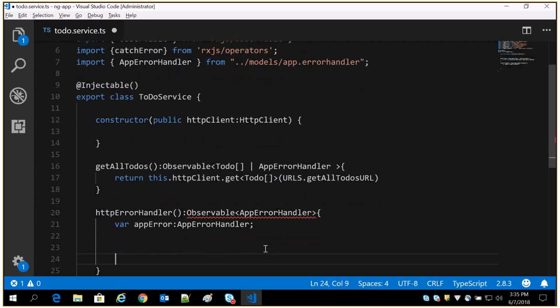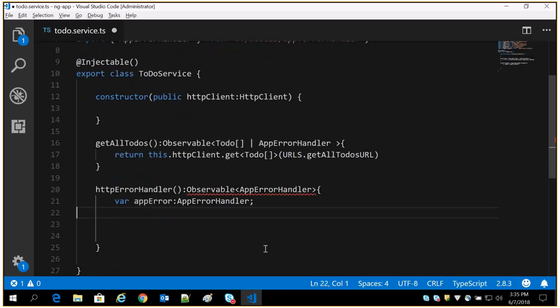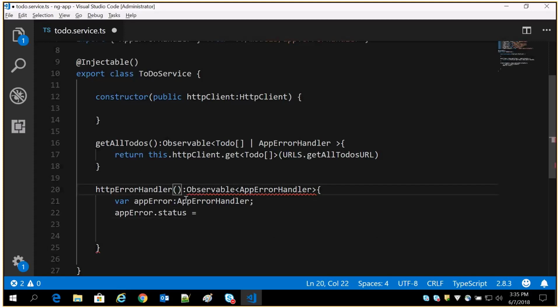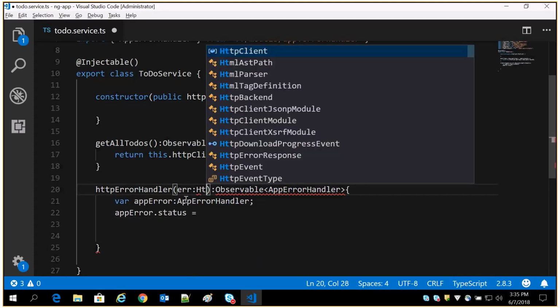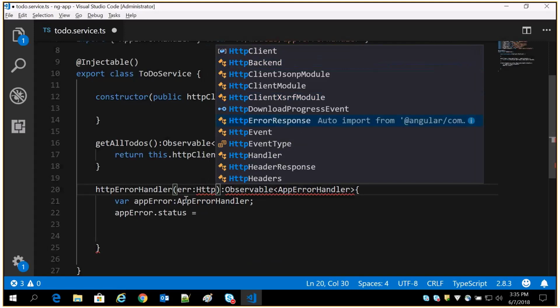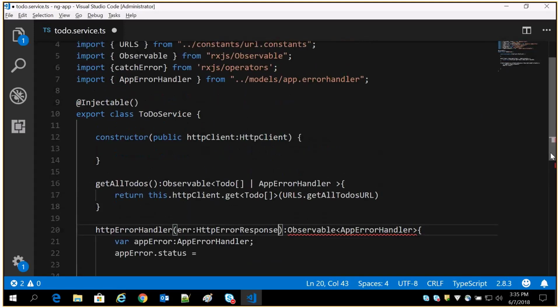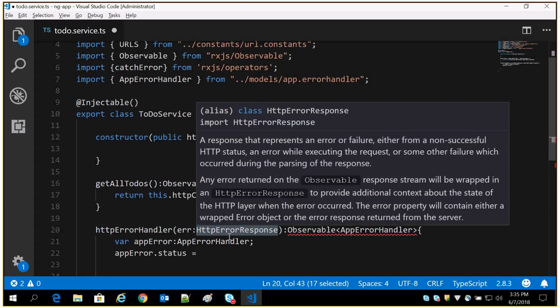So app error dot status. In this we are going to get the error which is of HTTP error response. So whenever any exception occurs, we'll get the error in the HTTP error response.